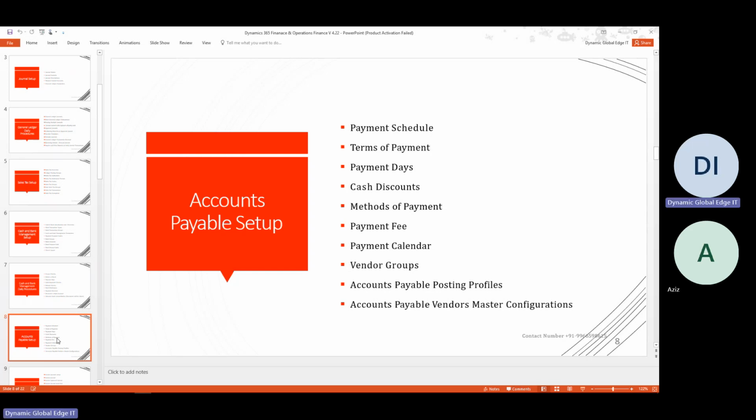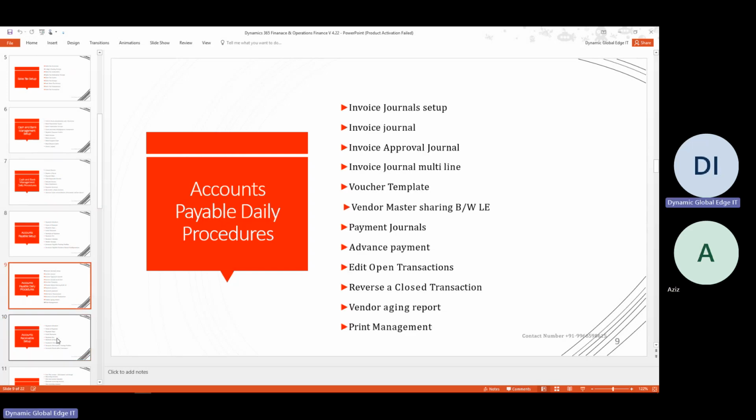How to create a vendor account, I will tell you. And this is about the different types of activities we record, right? Creating the invoice journal, invoice journal setup, approval journal, and when you post multiple lines, how you are able to do that, voucher template,